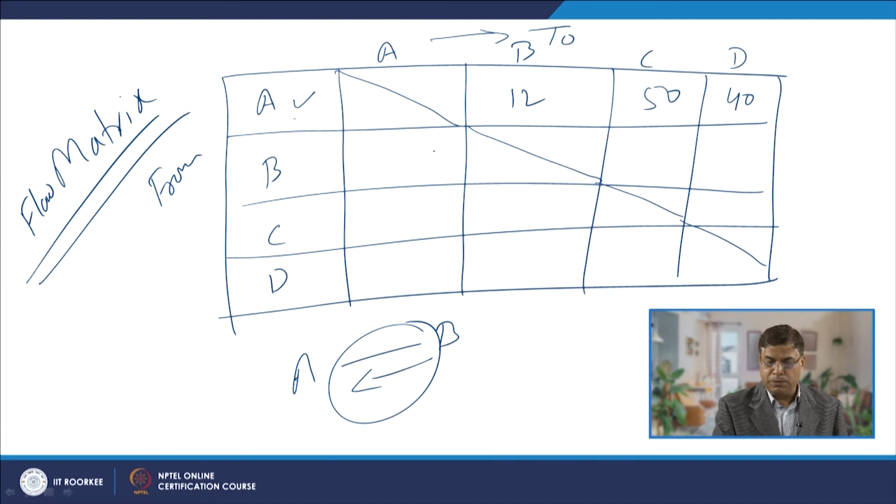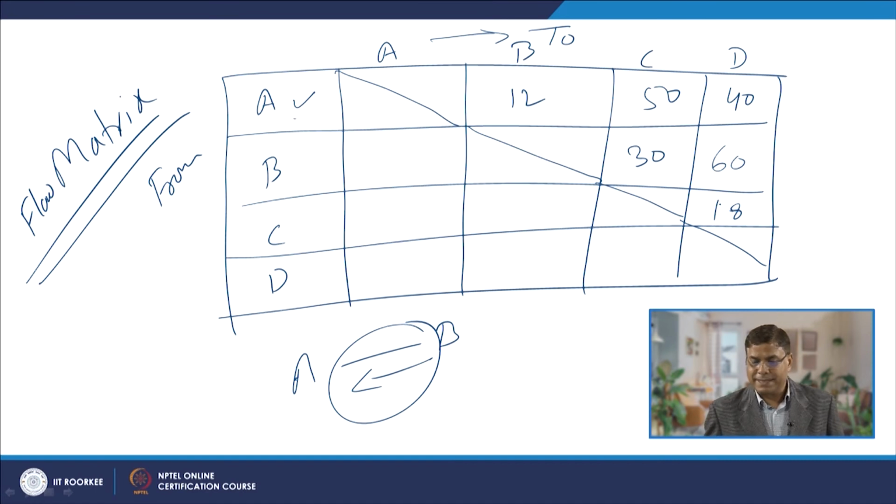Similarly, B to A we have already considered here; the 12 is the net movement, either A to B or B to A. Likewise, A to C or C to A is 50, and A to D and D to A is 40. Similarly, B to C movement will be identified, say it is 30, and B to D movement is 60. Now we will also see what is left: C to D movement is, say, 18. So now we have all the movements between the different centers.